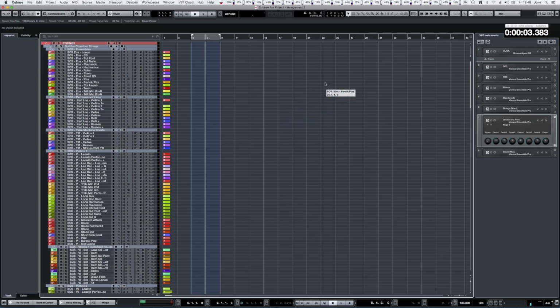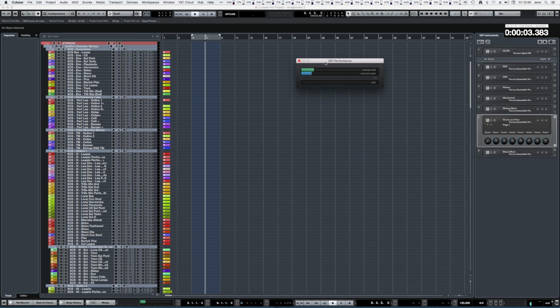I haven't got everything I own in this template, but you do hit a ceiling where your computer can't handle it, and this is behaving rather well if you look at the CPU meter down here. I mean, that's running 2,332 tracks. It's pretty good. About a quarter of it is on instrument tracks that are disabled,